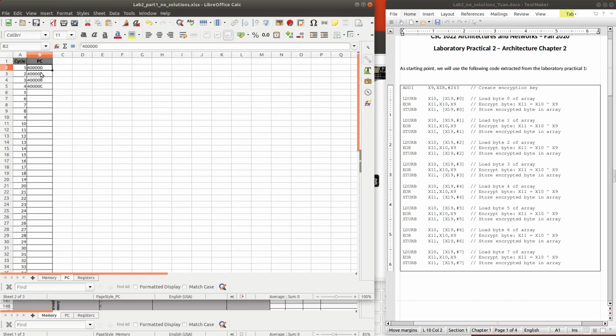For PC, we know that in order to execute a program, the PC or program counter will point to the address of the instruction, and that instruction will be loaded into our register and executed inside CPU.